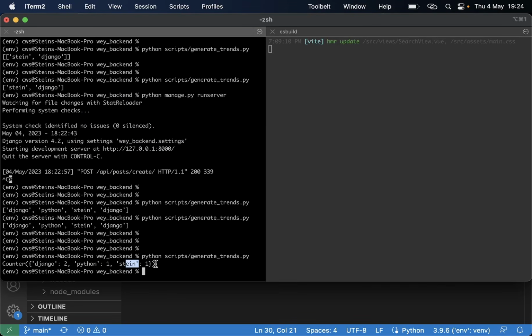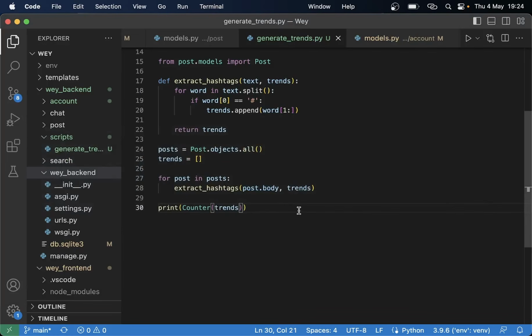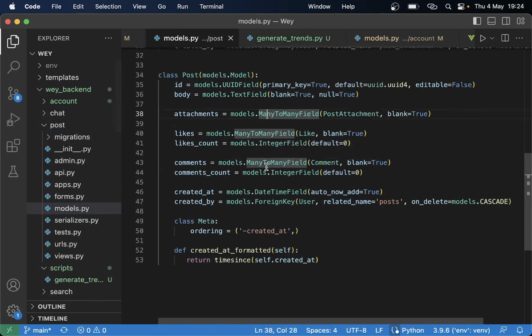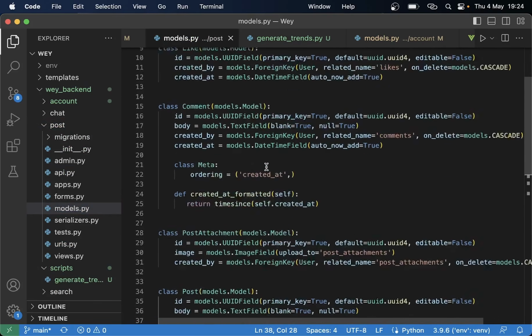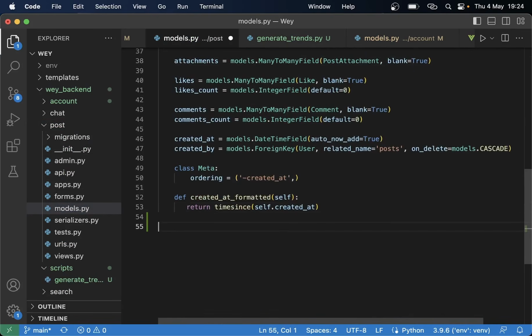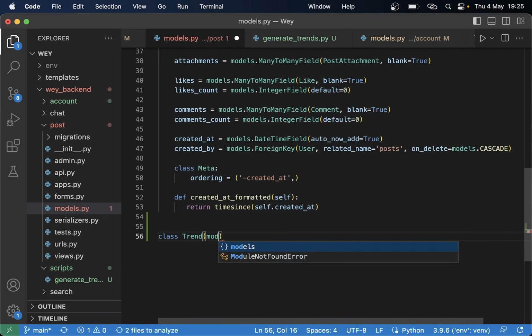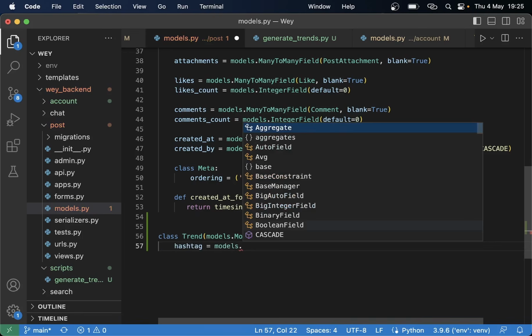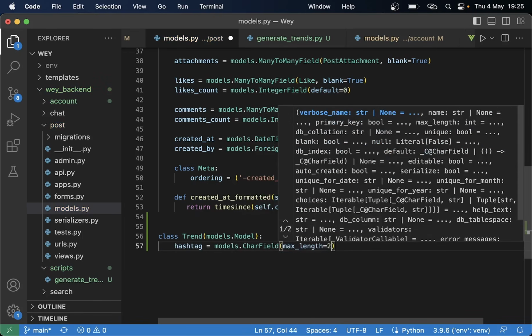So then we want to have the top 10 of this stored in a database. So we can create a new table for this, or a model, and I think this can go in the post models. So here we can add this at the bottom, class Trend(models.Model), and here we should have a title or a hashtag, models.CharField, max length can be set to 255,